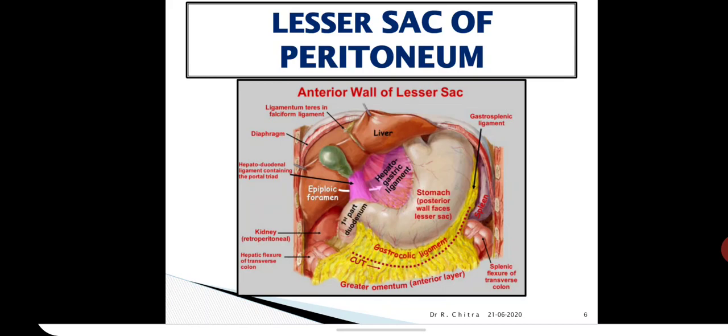Between duodenum and liver, do you see any margin or it is deficient? Yes, it is deficient and presents the epiploic foramen through which the lesser sac communicates with the hepatorenal pouch of the greater sac. We have seen already in the previous class what are the boundaries of the epiploic foramen and